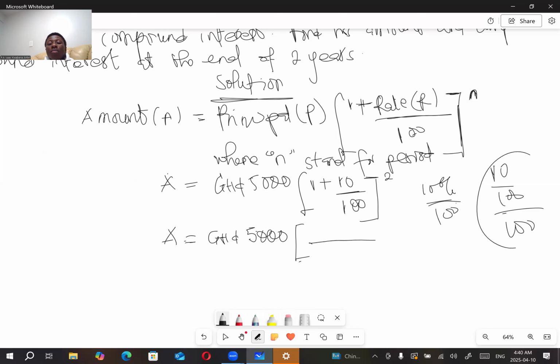you find the LCM. In the same vein, when you have two fractions adding and subtracting each other, you still have to find the LCM. So here, 1 is actually over 1, right? So the LCM would be 100. To solve a fraction, you divide by the LCM. Now, 1 into 100 will be 100 times, so 100 will multiply the numerator. So that'll be 100 times 1, which is 100, plus